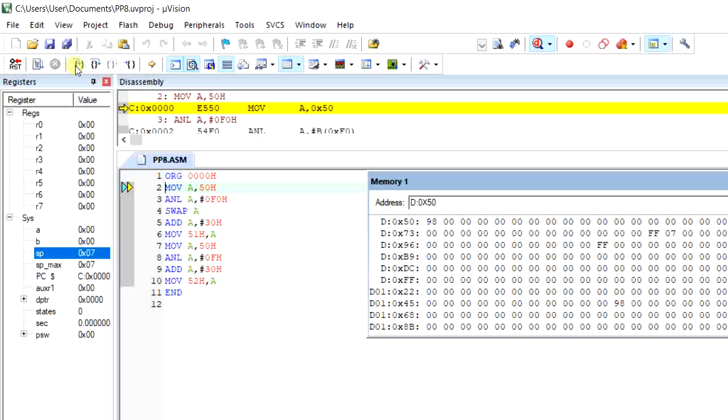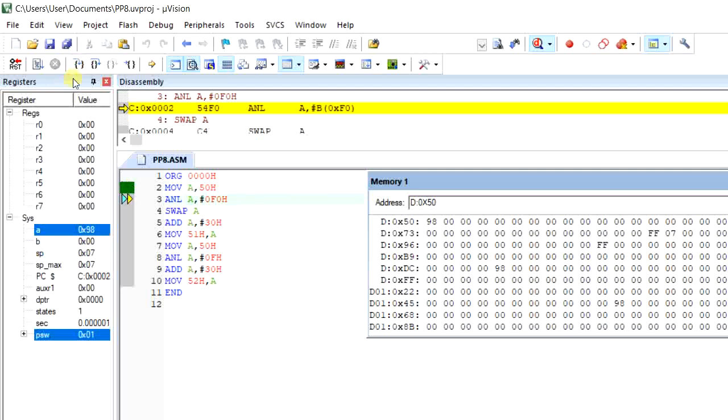When I do this step-by-step execution, you can see that initially the accumulator is having 98. On performing ANL, the result will be 90. Next I need to swap this, so it becomes 09 in the accumulator. Added with 30, it becomes 39. That has to be moved to 51H. So when I execute it, you can see 51H is having the result 39.